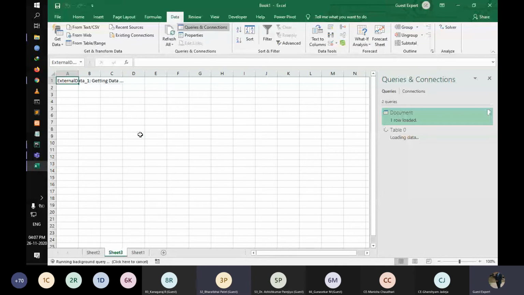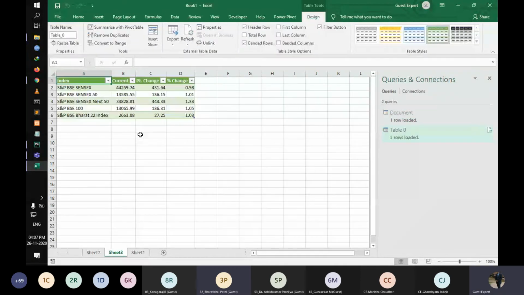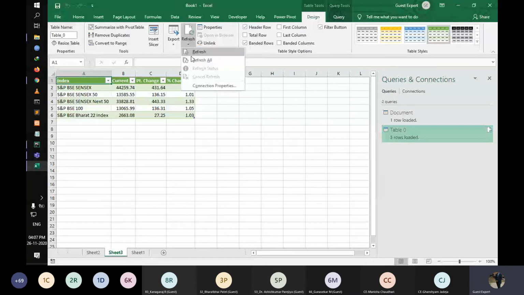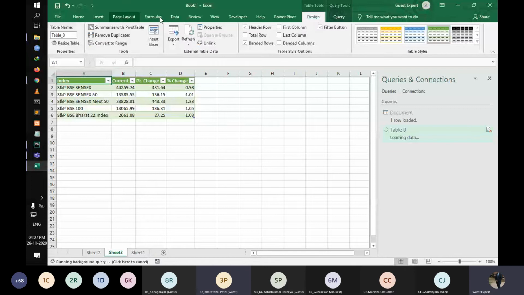So it means live. You can see the live data when it is updated. This is live data. This is a live database, sir. When the website is updating, the price rate is updating over here, sir. Okay. And second thing, every time you need to refresh the page, we refresh all. Even we can write the macro time based, right? No, we do not write the macro over here. We give you another facility over here.